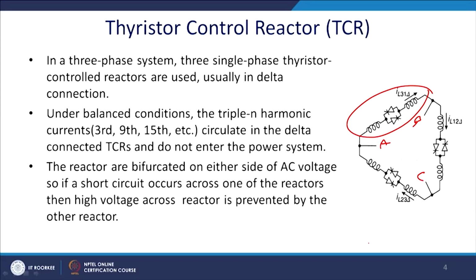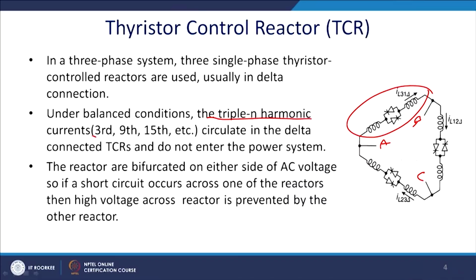In the 3-phase system, 3 single phase thyristor controlled reactors are used and they are in a delta connection. So, that third harmonic will be restricted and is circulating within this loop. Under balanced condition, the triplen harmonics, that is third, ninth, 15th and so on, circulate in the delta connection, and the TCR does not inject them into the line, and the reactors are bifurcated on either side of the AC